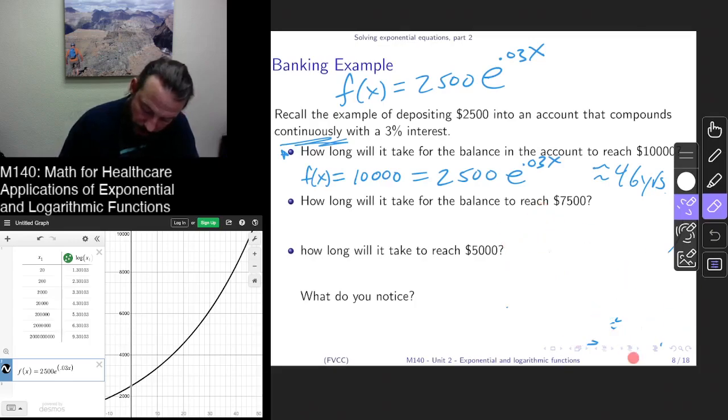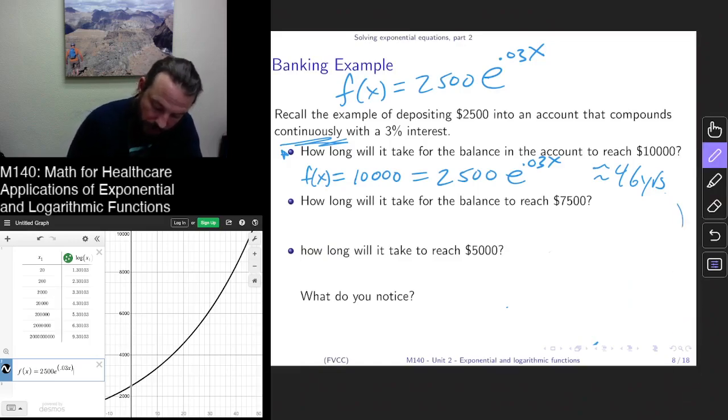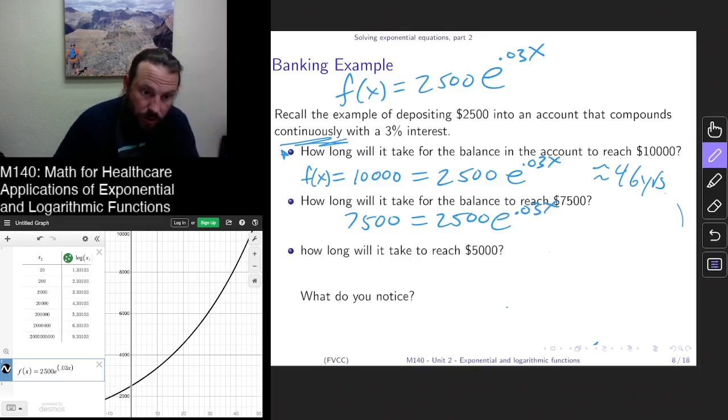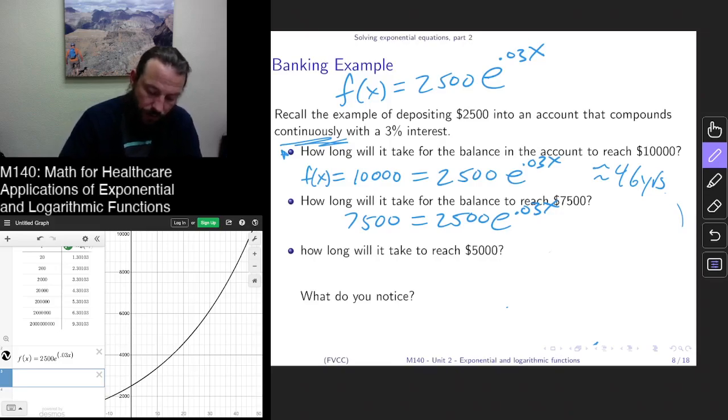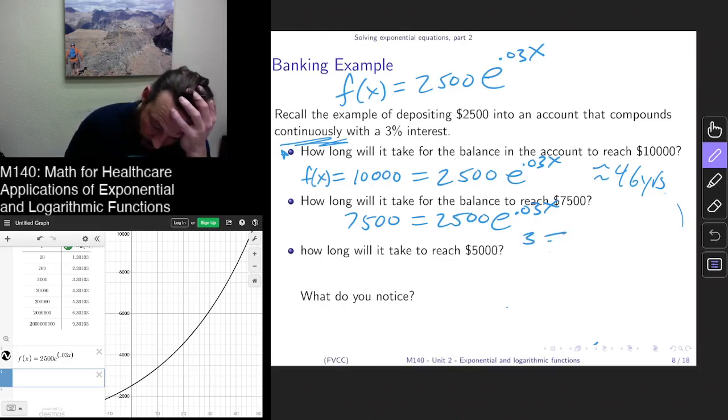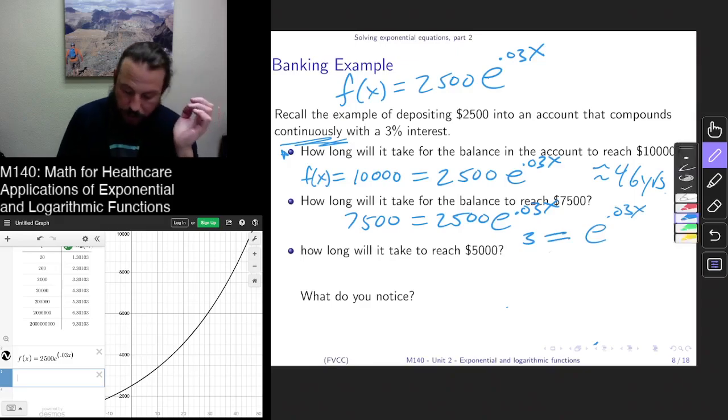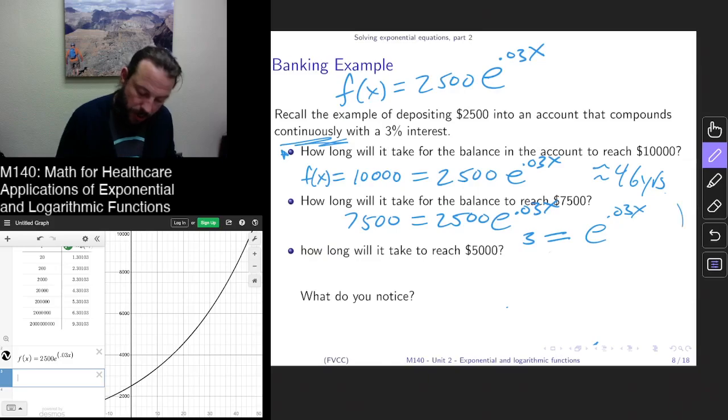Now, how about this next one? Well, we've got the same equation, except now we want to know when that function is 7,500. So we have 7,500 equals 2,500 e to the 0.03x. All right, so here we need to do 7,500 divided by 2,500, and that's 3. Okay. So 3 equal to e to the 0.03x. We take the natural log of both sides,